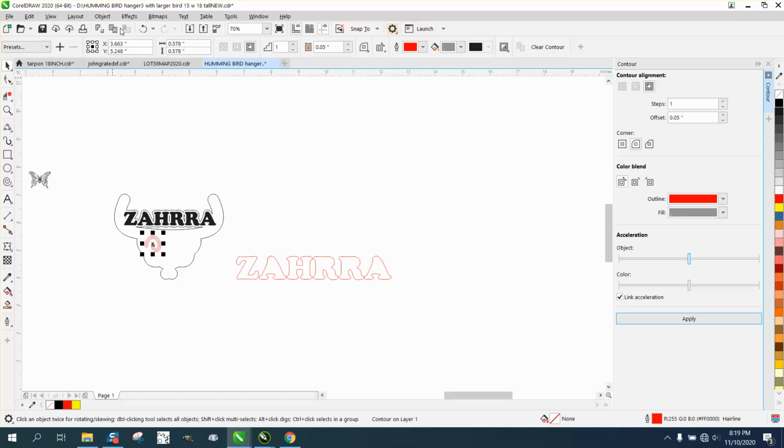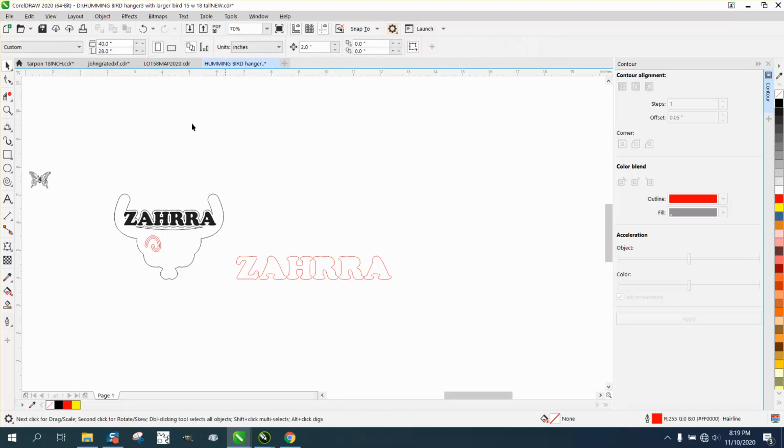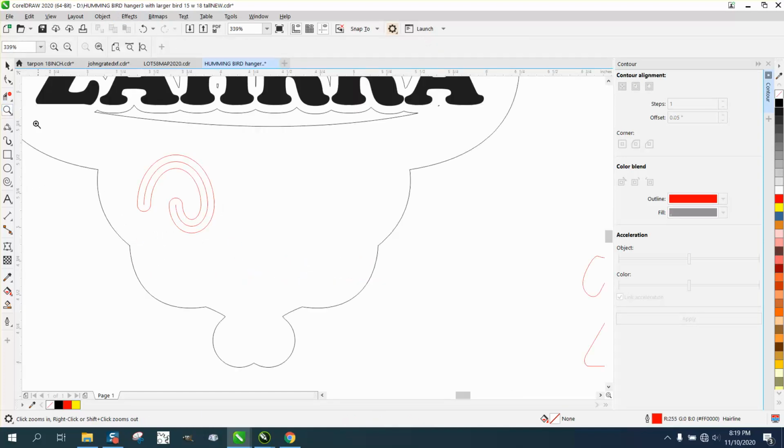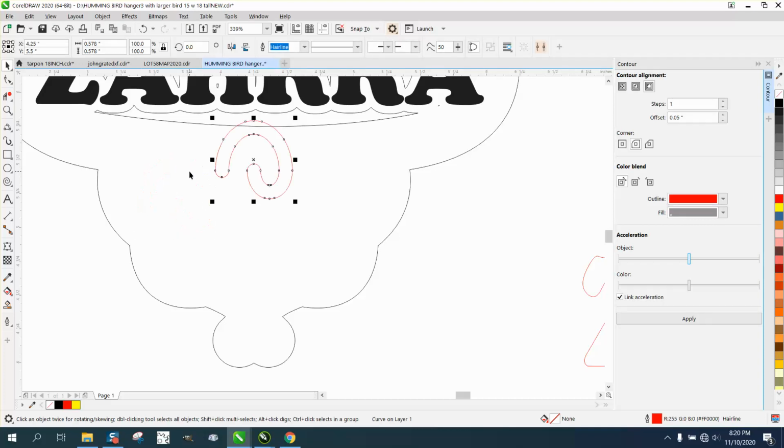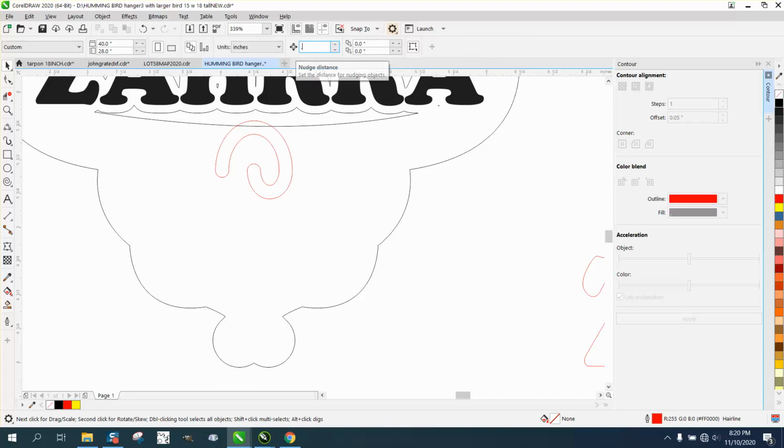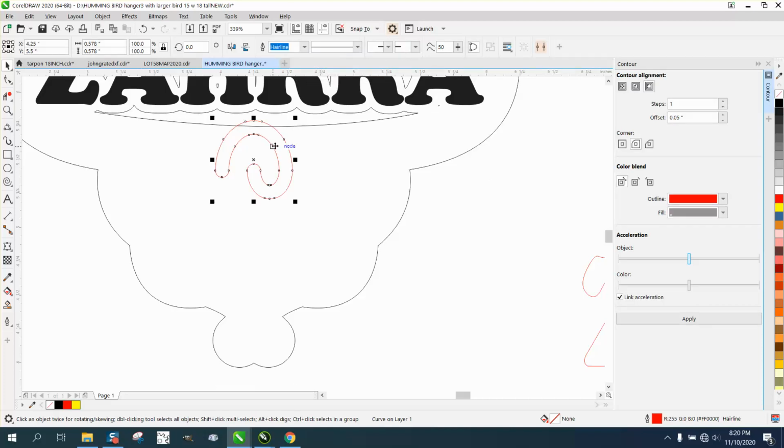Control K and break that apart. Let's zoom in here. And I'm just playing with this. I mean, there's nothing that cool about it. But now here's the key. Hit P, put it in the center of the page. Because our drawings are in the center of the page, now we can change our nudge factor to something less than that, let's say 0.25 of an inch, and